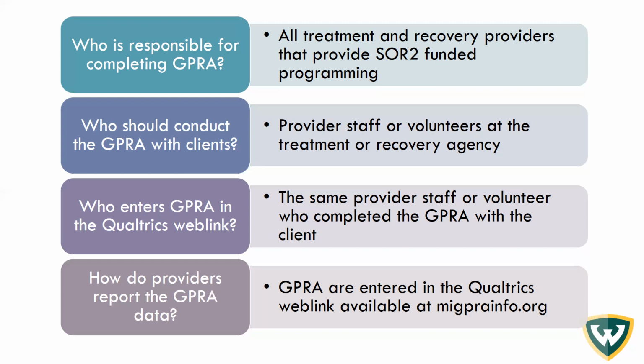We do recommend also that if you are familiar with the tool, you can give your client a heads up that you're about to ask them some difficult questions. For instance, there are questions that ask about history of violence. So you can say, okay, I'm about to ask you a few questions about your history of violence. And also remind your client they have the right to refuse to answer any question on the GPRA for any reason. So that's also a good way to sort of soften the intensity of some of those questions.